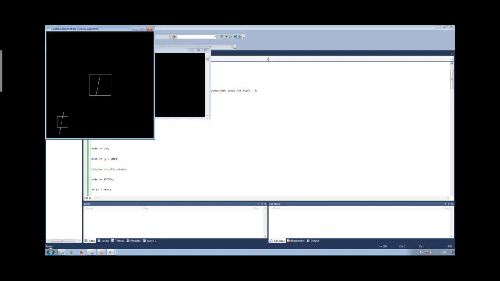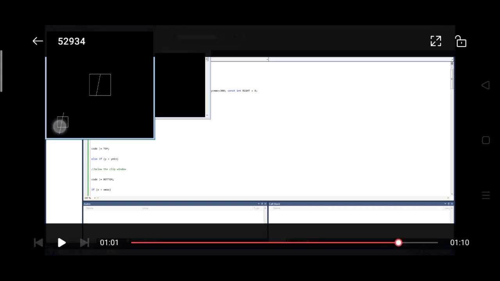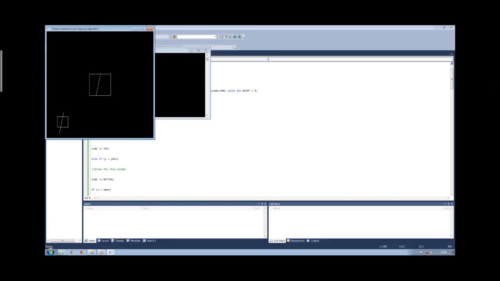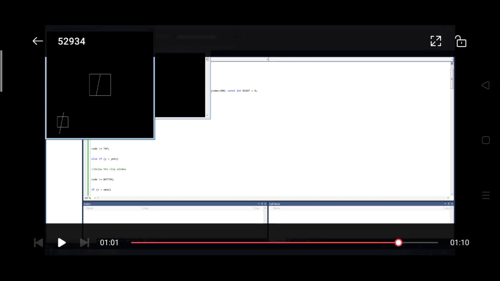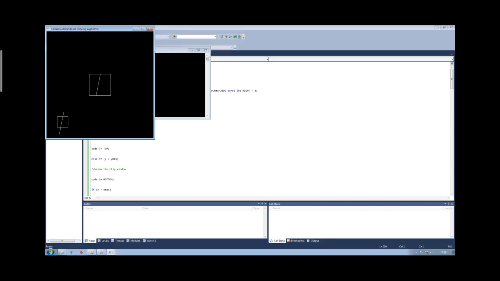Before that, let me complete this rectangle. I told you to observe the values and also to note them down. 50, 50, that is x minimum and y minimum, and x maximum and y maximum is 100 and 100. So observe the first rectangle which I am pointing at. The leftmost, bottommost corner has the value 50 and 50. Please try to understand. X maximum and y maximum are defined as 100 and 100. What is that?